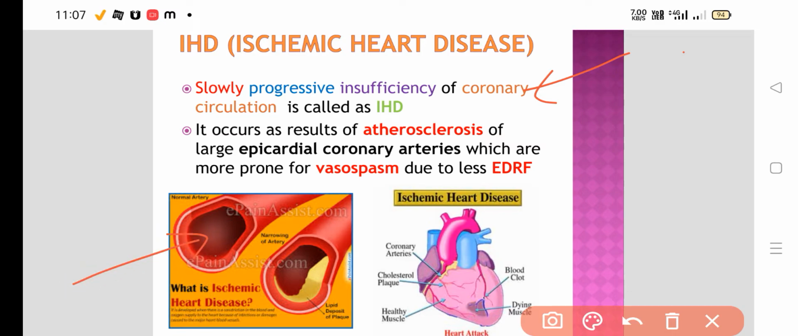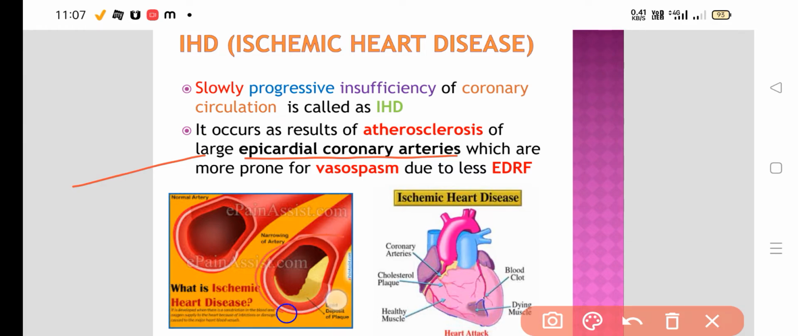As you can see, this is the normal vessel, and this one has an atherosclerotic plaque. The yellowish color is nothing but the atherosclerotic plaque, or deposition of cholesterol. Yellowish is cholesterol. It gets deposited in the large epicardial coronary arteries,